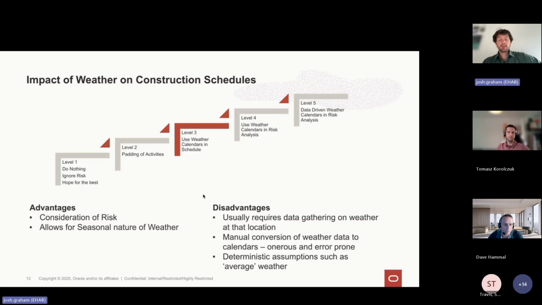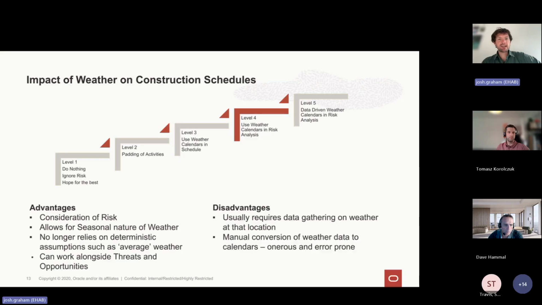Yeah, absolutely. Well, level 4, this is where we start to get into the realms of much better. This is where we're still using weather calendars, but we're now moving into the probabilistic world. Again, this would be using software like OPC or PRA, for example, or PertMaster, you might have used it before. The benefit of this is that whatever you input into the calendar is running through a Monte Carlo.